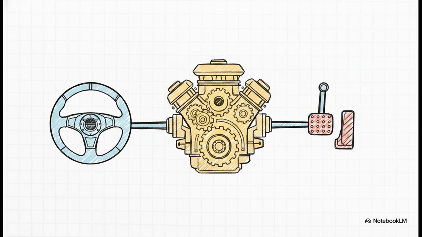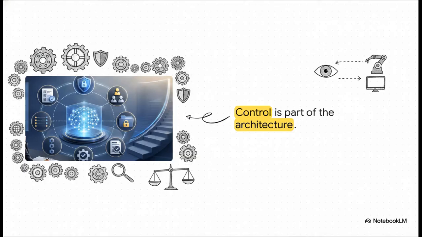To drive safely on the highway, you can't just have a massive engine. You still need a steering wheel, a dashboard, and highly responsive brakes. The model is only one part of the total system. When we step back and look at this complete ecosystem, we see that integrating AI is fundamentally about designing architecture with evidence, safety, and a deep sense of accountability right at its core. It's about knowing exactly where human review belongs when these powerful new tools are granted the ability to act on our behalf.